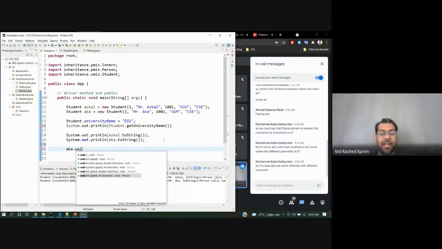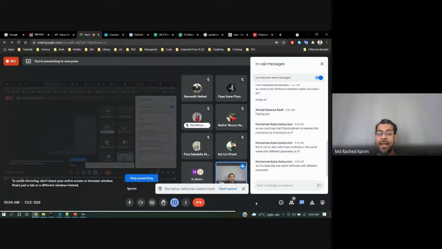Even this one integer is also the person. Basically, they are totally distinguished with different parameters and different classes, but all together we can call it method overloading. So method overloading is not only within the class. Method overloading scope is within inheritance also. The same name but different parameters.